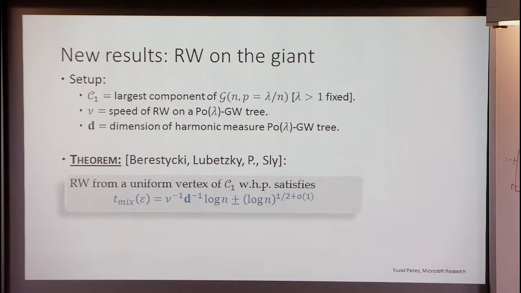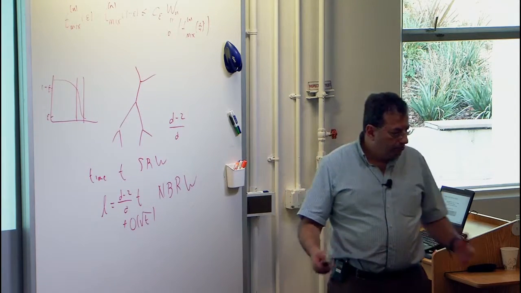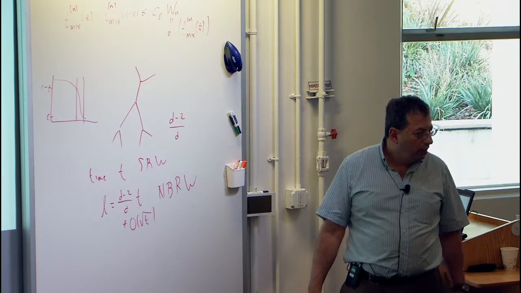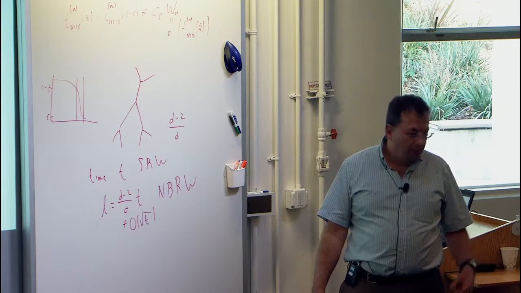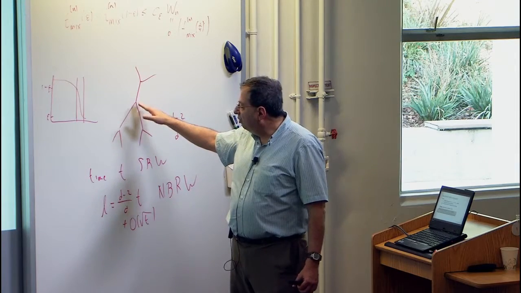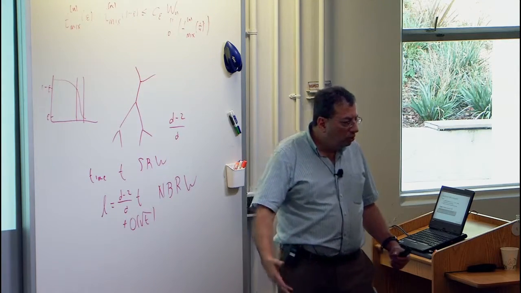And I can't go into much detail on these constants, but I'll say that this constant here, v, represents the speed of random walk on the Galton-Watson tree. So just like in this case, the speed of random walk on the regular tree played a role. Here in the random graph, the local structure is not of a regular tree, but of a branching process, a Galton-Watson tree, and the speed of random walk on that comes in. But we also have another factor, which is if you have a regular tree, then obviously random walk will spread uniformly on every level when it hits that level. This is no longer true on